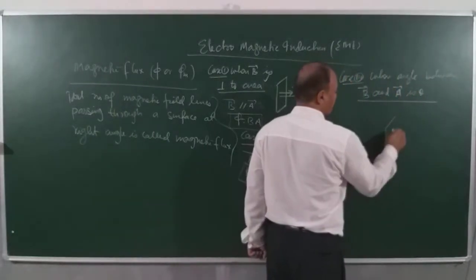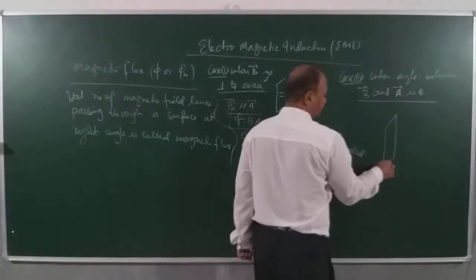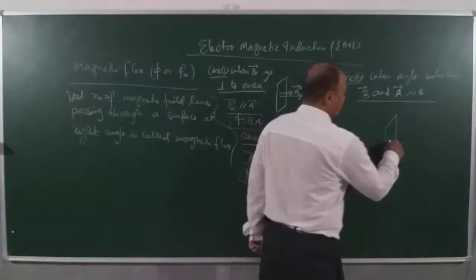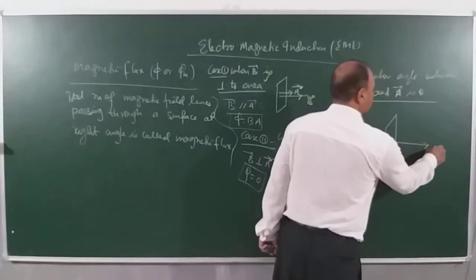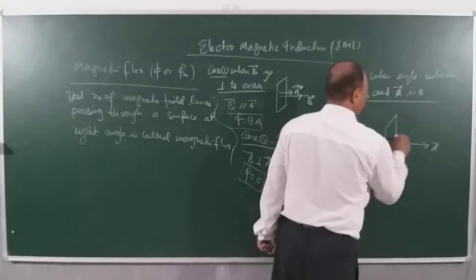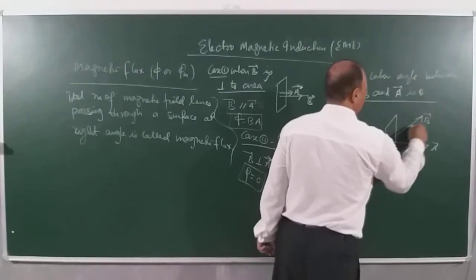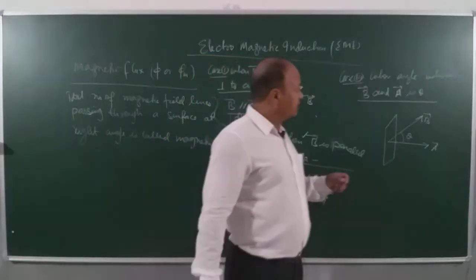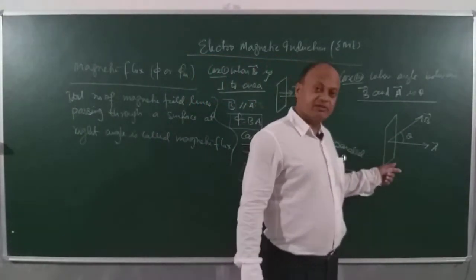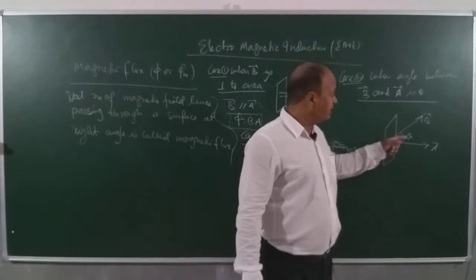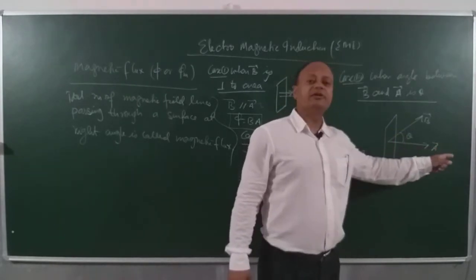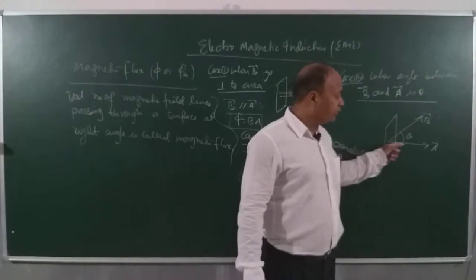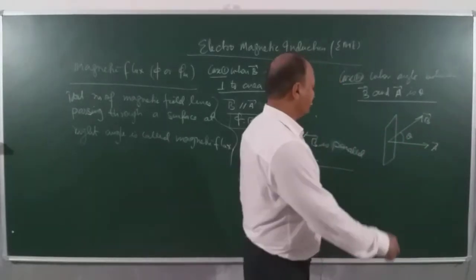This is the given surface, right? This is the area vector and this is the magnetic field. The angle between them is theta. But children, actually what I want is the total flux through this given surface area, and for that I need the component of magnetic field perpendicular to the given surface. Means I need the component of B along the area vector. So in this case, how much will be phi, children?